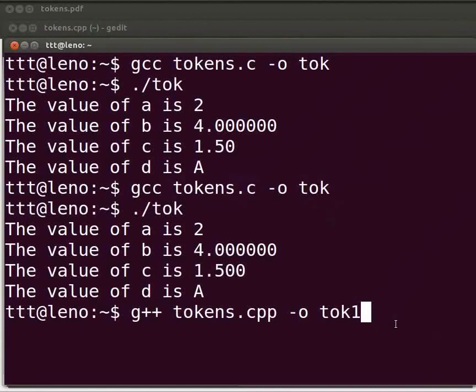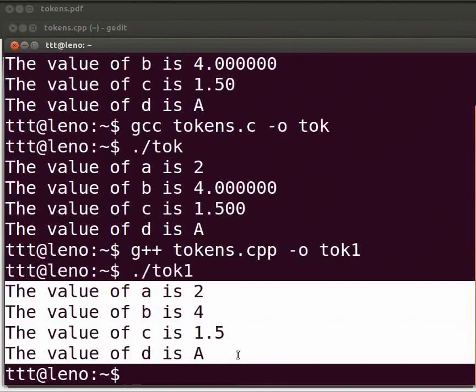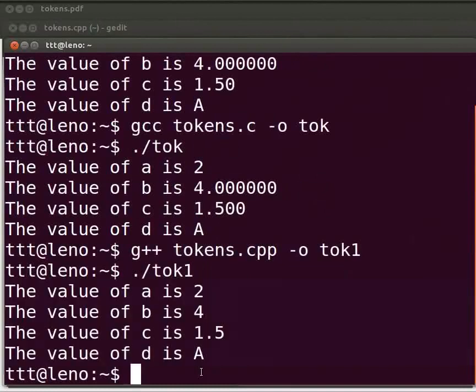Now press enter. To execute, type ./tok1. Press enter. The output is displayed. Now let us move on to some common errors which we can come across.